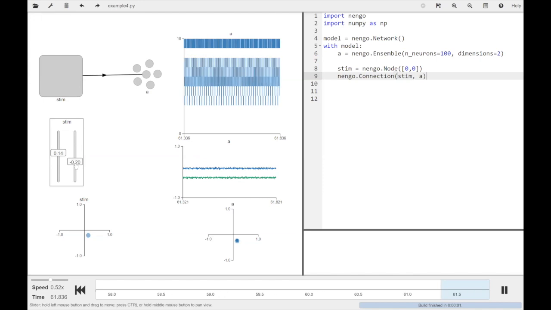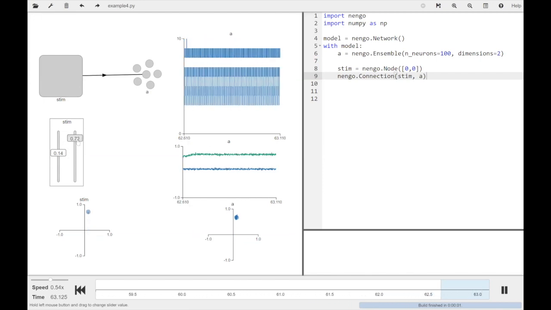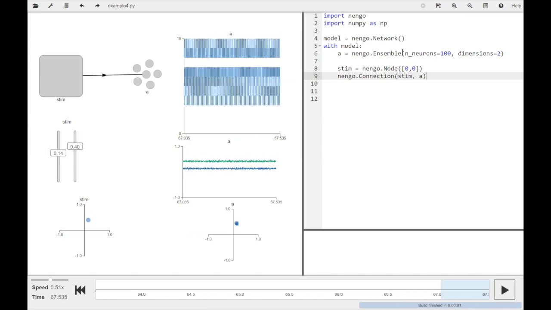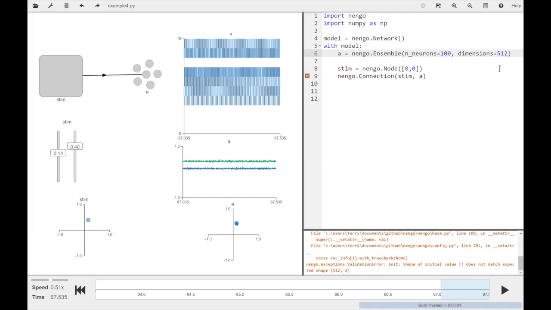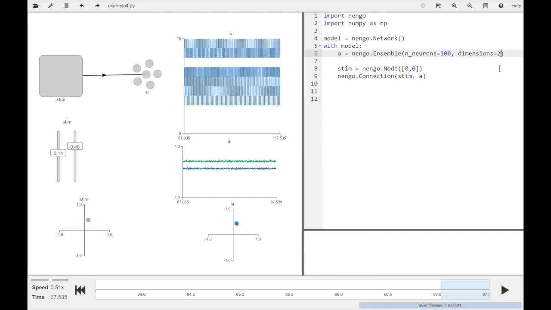And again, that's something that you see commonly in biology. You get this sort of uniform distribution of preferred direction across the space. And again, you can generalize this. You can go up to 3 dimensions, 4 dimensions, 5 dimensions. We've done models with 512 dimensions, I think 800 dimensions. The math all works out the same. Of course, as you increase the number of dimensions, if you have the same number of neurons representing more dimensions, you're going to have an interesting